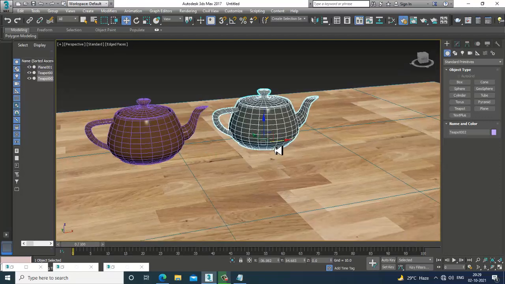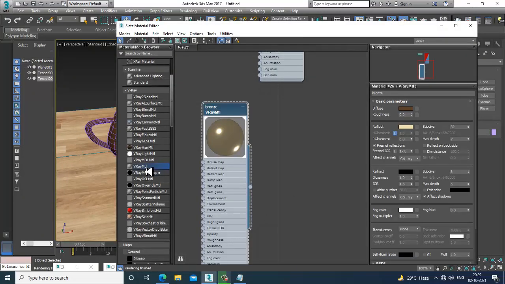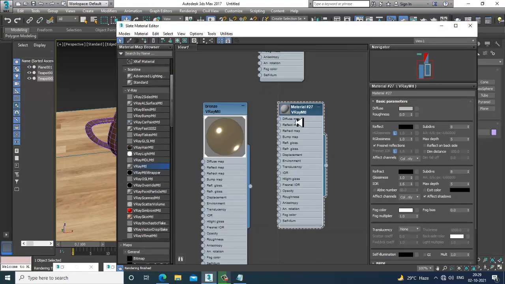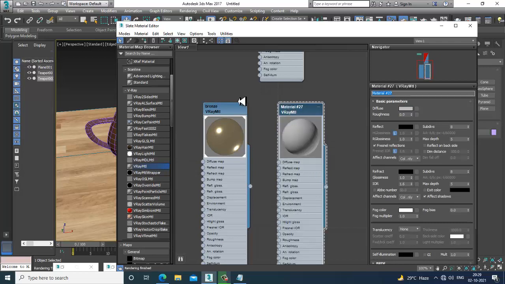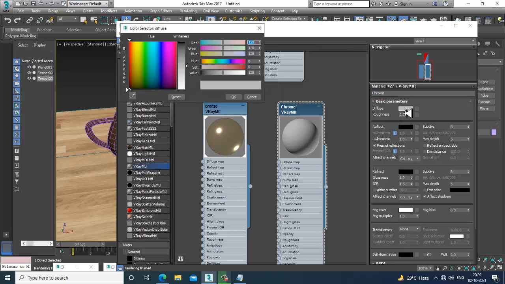Let's again go into this. Let's rename it as chrome over here. Into the chrome, again let's go into the diffuse over here. So I'll define some color and reflectivity.